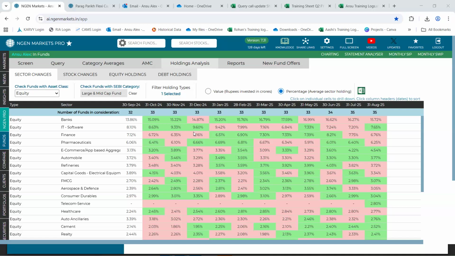If I upload my clients' CAMS report and the full portfolio report, in that same way, can we see how much they have put together in investment, across banking, IT software and all, like the dashboard you are showing here? Can we have that one? Yes, on a portfolio level, that feature is always available.